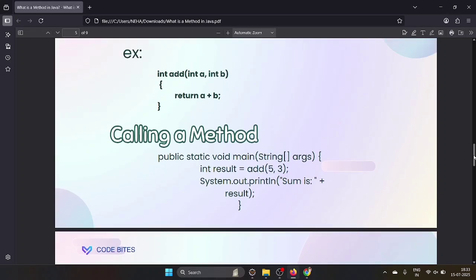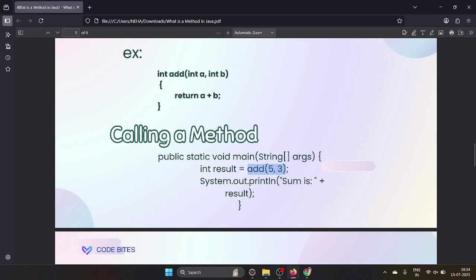When you call this method, it will come here, and 5 will be stored here and 3 will be stored here. It is going to perform an addition. 5 plus 3 is 8, and since you are using the return keyword, 8 will be returned here. It is of the type integer, right? 8 is the integer type you are returning here. So you are returning something from this method, so you are collecting it here.